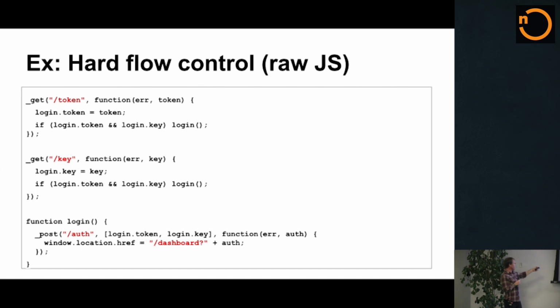So there's all sorts of lame stuff I have to do. I've got this laser pointer that helps me point. There's all this lame stuff I have to do to make the callback to this request know about if this thing is done such that we move on to login.